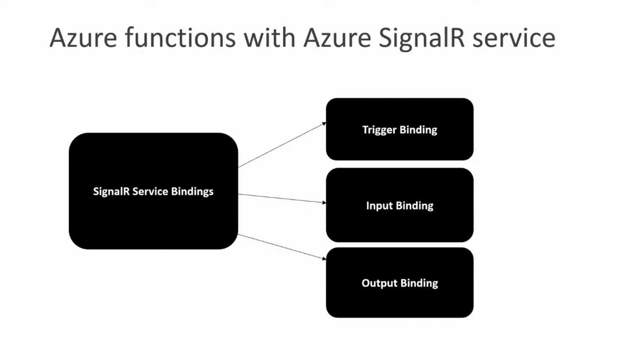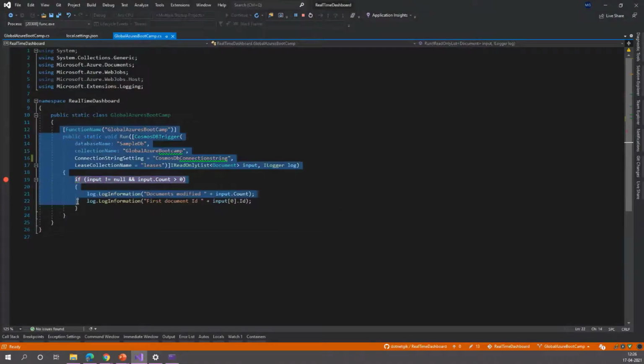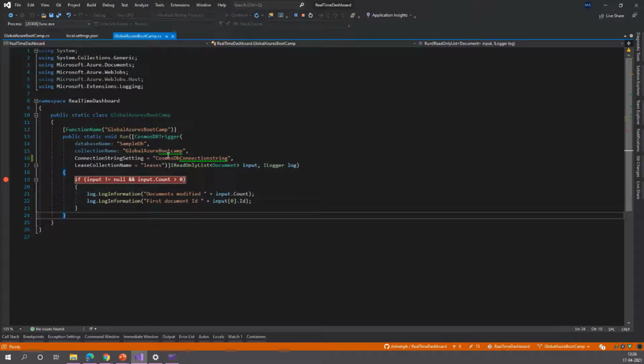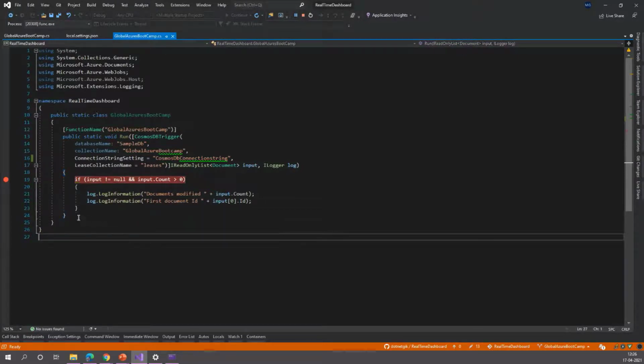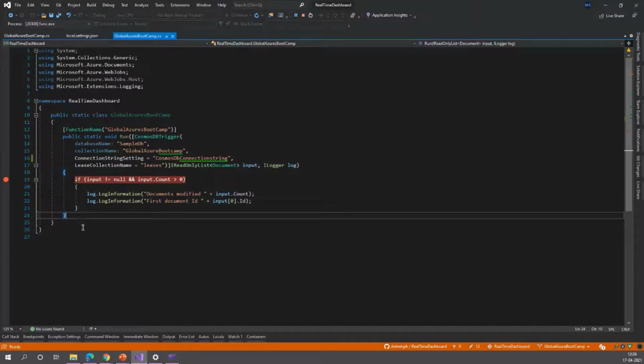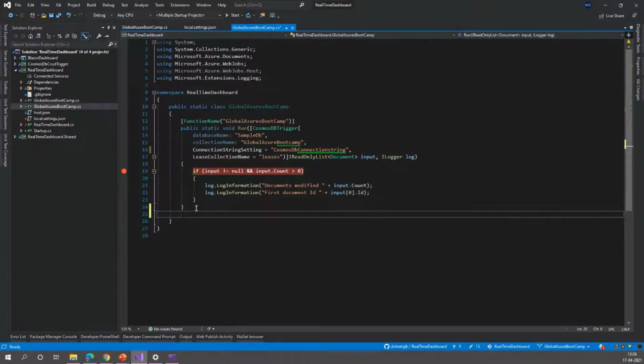Let's see how we can make use of it. Going back to the demo, this is our Cosmos DB function, the Cosmos DB trigger, which will be triggered whenever there is a change feed or a trigger from Cosmos DB. Now, in order to connect to our SignalR service, we need some metadata so that our client can connect to the server. How can we do that? By using the input binding. In order to create an input binding, what we will do is